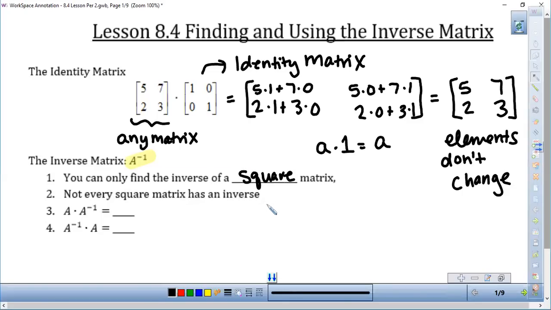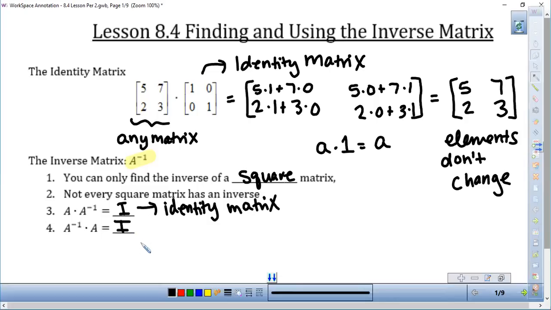The special property is that any matrix, we'll call it matrix A, multiplied by its inverse is going to equal the identity matrix. We'll always use a capital letter I to represent the identity matrix, the 1, 0, 0, 1. What's really interesting is that we can change the order. We could do the inverse matrix first in front of our regular matrix,